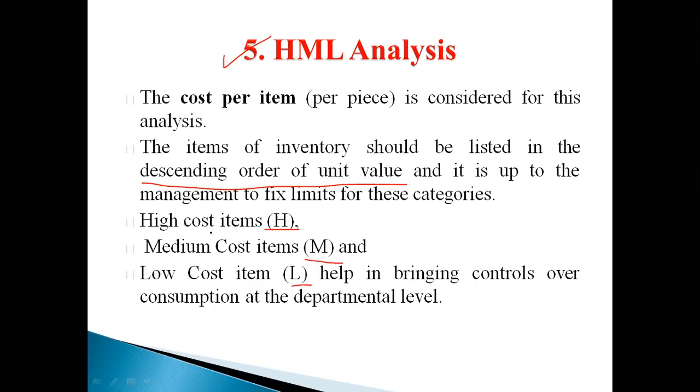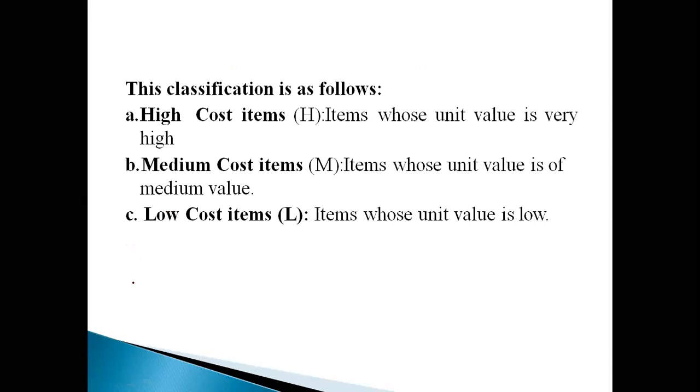With those items, you have to categorize or budget our drugstore financial conditions. For lower budget items, depending on the consumption, you have to bring in controls, whereas for medium cost as well as high cost items, according to the consumption, you have to maintain the inventory of that particular goods. They are classified on the basis of their cost: high cost, medium cost, and low cost.